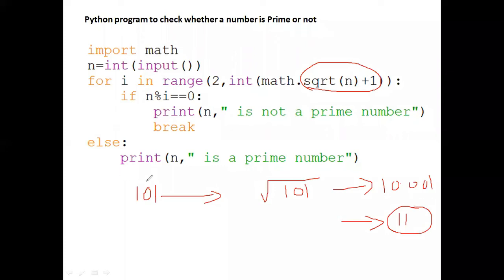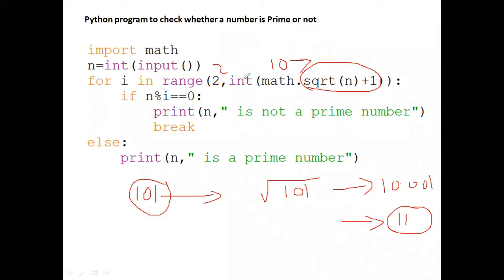Now, to find whether 101 is a prime number or not, you are going to perform from 2 to 10 numbers. That's enough. So in the previous program, we divide the 101 number by the numbers from 2 to 100.